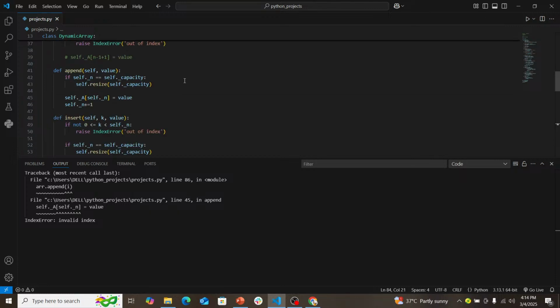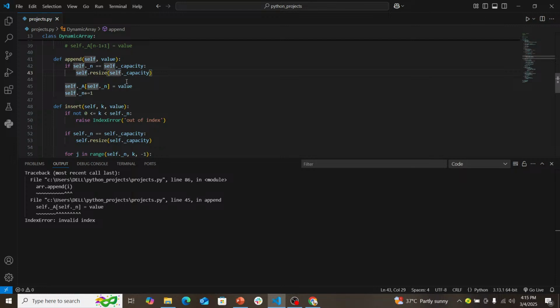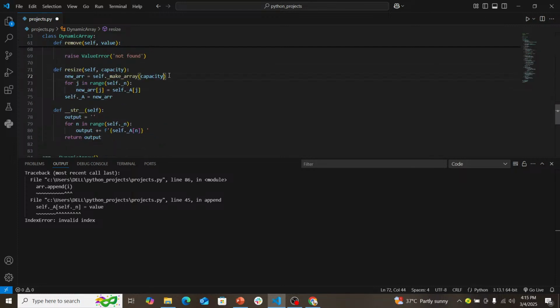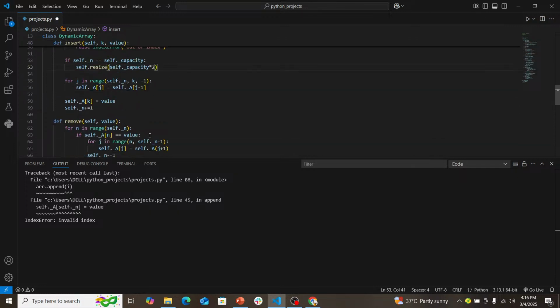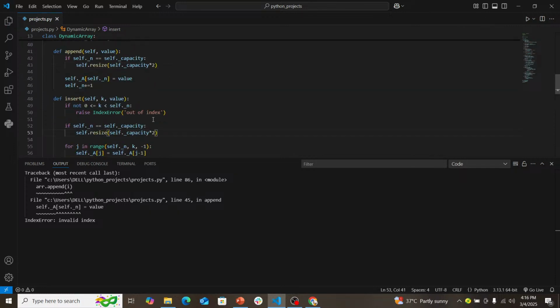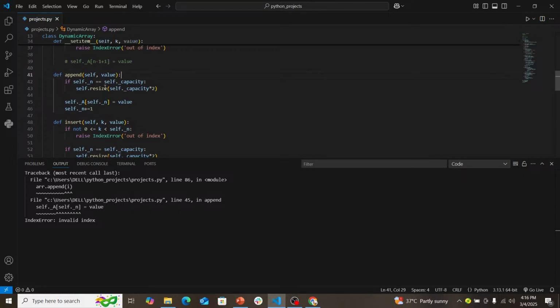So let's look at the method to resize the array to 2 times capacity. We're trying to be 45, which is n plus 1. Let me remove this value from here. So let's look at self.a[self.n], the valid index. It is not working out very well. So but here